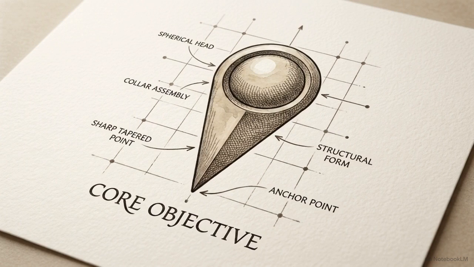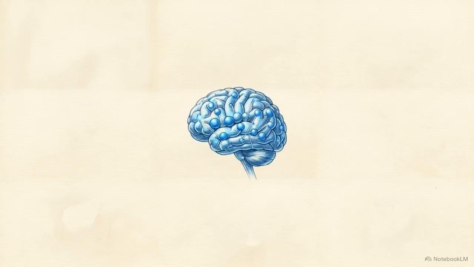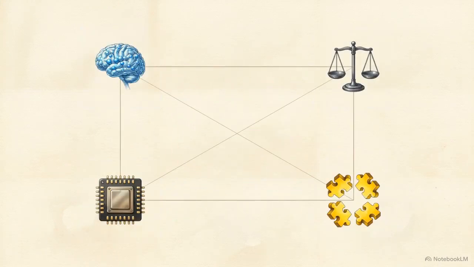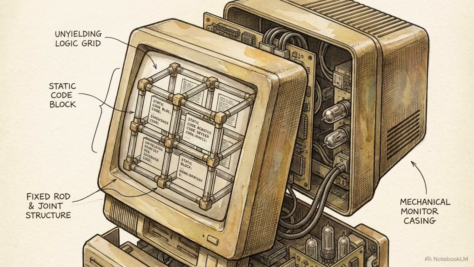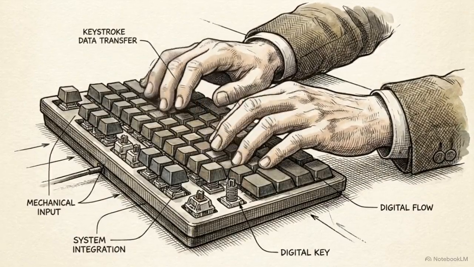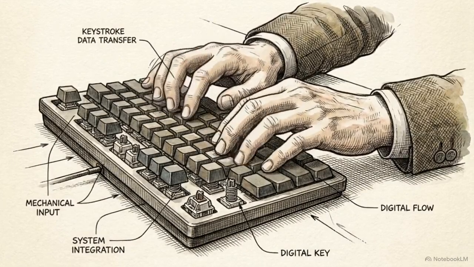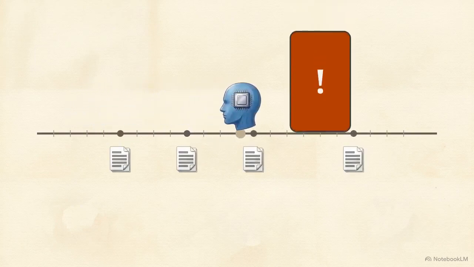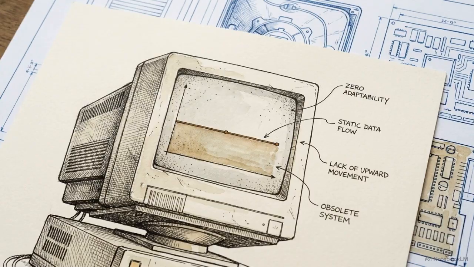AI is the overarching goal of computer science. That goal is to create systems capable of simulating human thought. We want machines that can weigh options, make independent decisions, and solve complex problems on their own. Early basic forms of artificial intelligence relied entirely on rigid logic. Human programmers had to write out every single rule, line by line, telling the machine exactly what to do in every conceivable scenario. A system built like that cannot adapt when it faces a situation the programmer didn't anticipate, and it has no mechanism to improve its own performance over time.